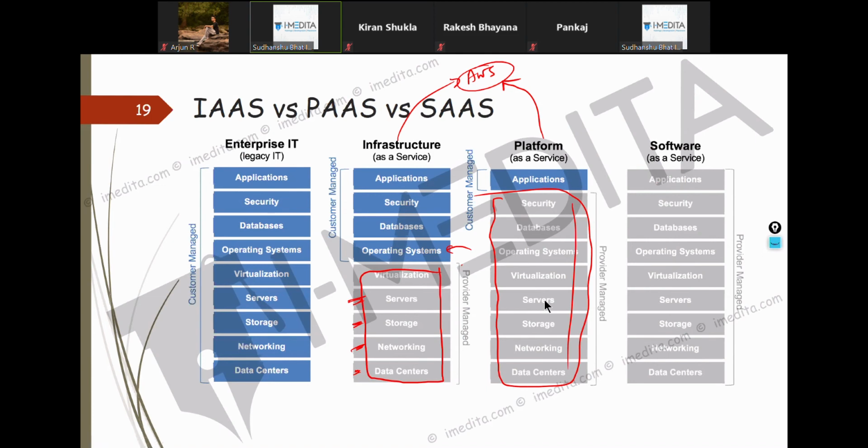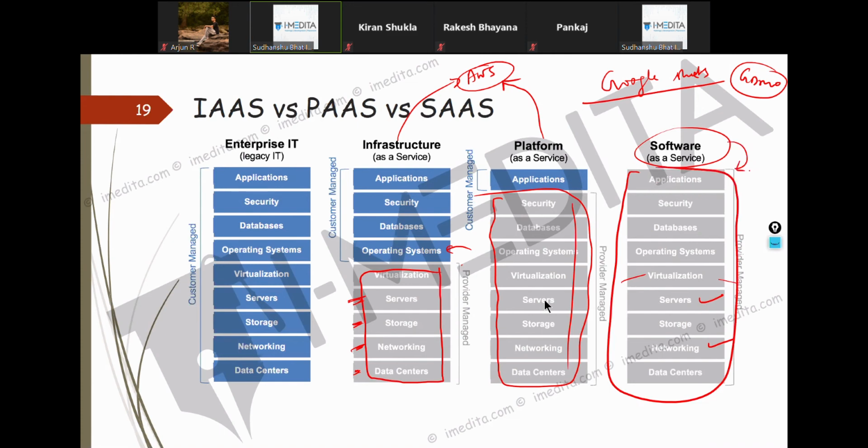Now, then there is something called software as a service. Like when you use, suppose, Google Sheets, or when you use Google Drive even, do you care where they have saved it? How is it networked? Do you care about which servers they have utilized, whether they have deployed virtualization using VMware or Windows? No, you just go and put your data and start using the application. So that's what we call software as a service.